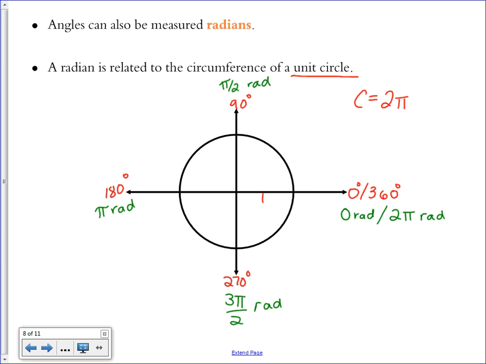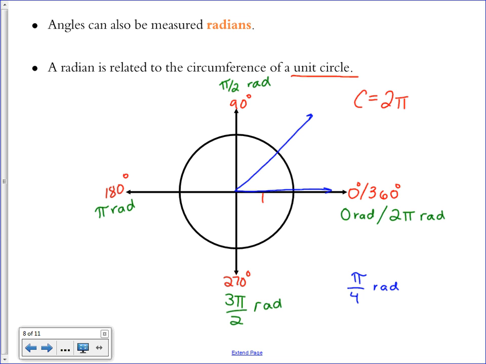So I might say, switching to a new color here, draw me where the angle pi over 4 radians would be. It's just like when I asked you to draw me a 60-degree angle or a 120-degree angle on the coordinate plane. Only now I'm giving you the units in radians instead. So pi over 4 radians, think about each quadrant as being a pi over 2, or half a pi. And I'm asking you to draw me a quarter of a pi. That means we're basically somewhere in the middle of the first quadrant because we haven't quite gotten to pi over 2. We're exactly halfway